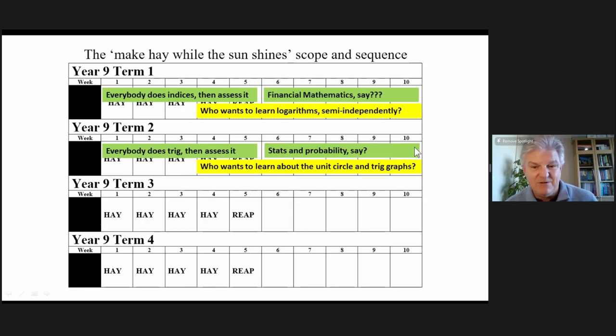That means at the end of the term, you have to be willing to say, that's it, I'm finished, I'm done. It's time to move on, because new term, new topic. And when I finish my making hay while the sun shines scope and sequence, I'm going to make sure that these new term, new topics are the ones that will keep students on a pathway to advanced for as long as possible. And if they fall off that pathway before the end of year 10, well, they'll be very well prepared for standard. In fact, they might be over prepared for standard,